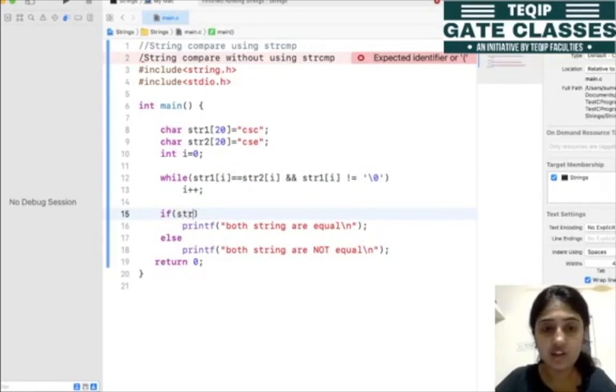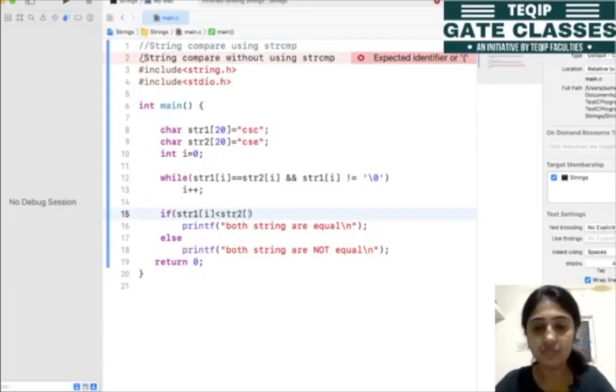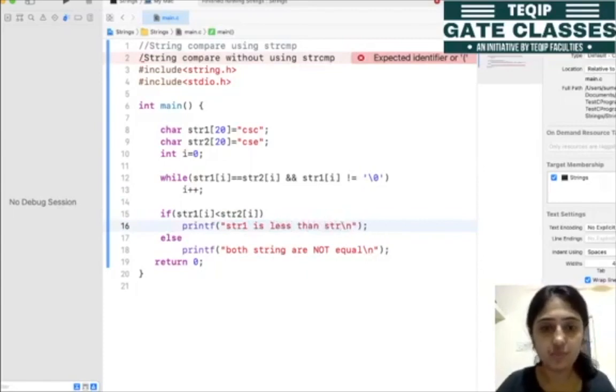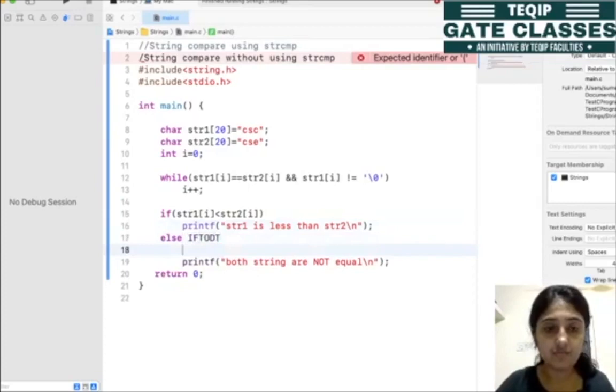So this is my string 1 of I, जिस भी पॉइंट से ith लोकेशन से अगर हो रहा है, so string ith index is less than string 2 of I, ठीक है। if something is like this, that means string 1 is less than string 2, okay। otherwise else if, okay, so this is